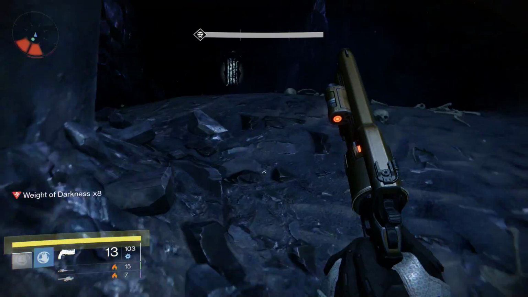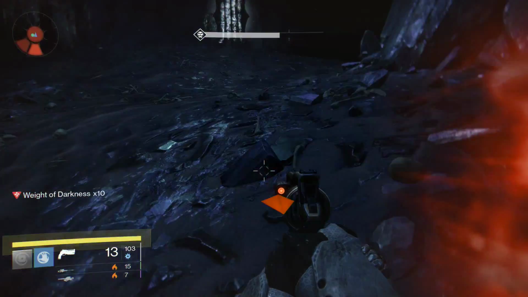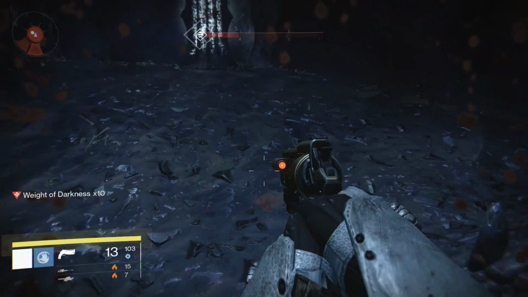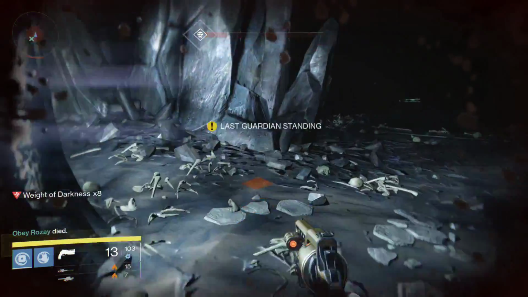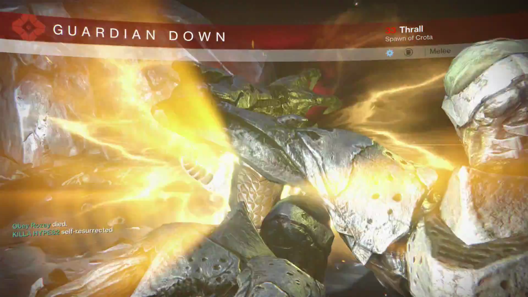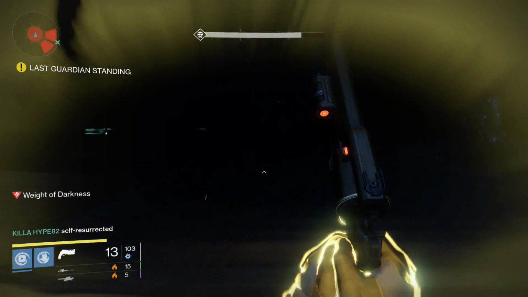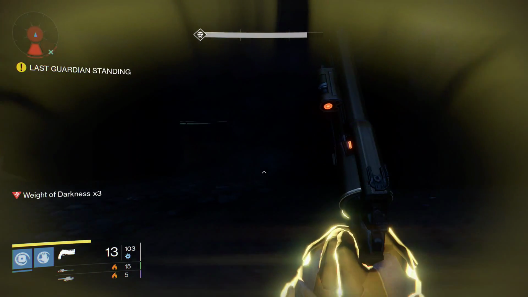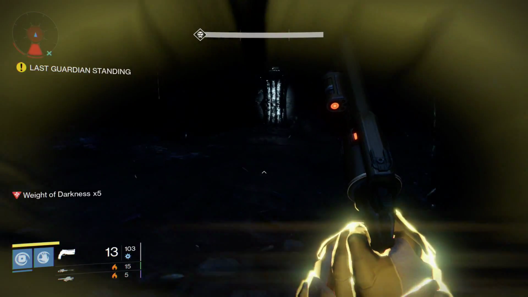And right here, you'll see the weights weighing down on me. I'm getting hit. And this is why I kept that self-res, because I didn't want to get all the way to the end and have that happen. And right there, I'm dead, but I self-res, and usually right when you first self-res, you can run good for a little bit. So I just run all the way over to the next lamp, run a circle around them,